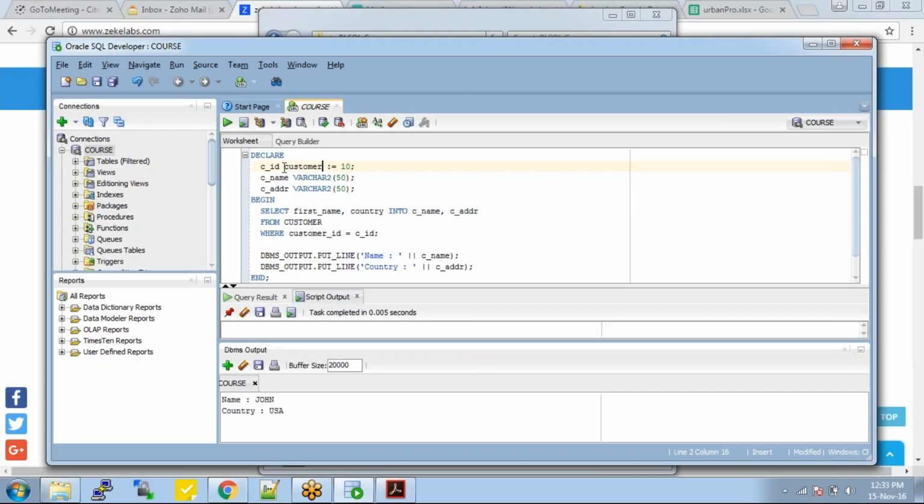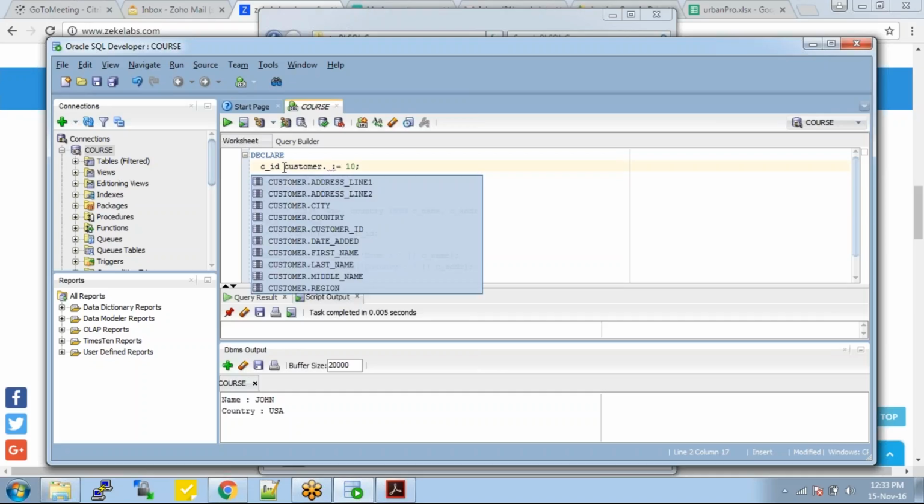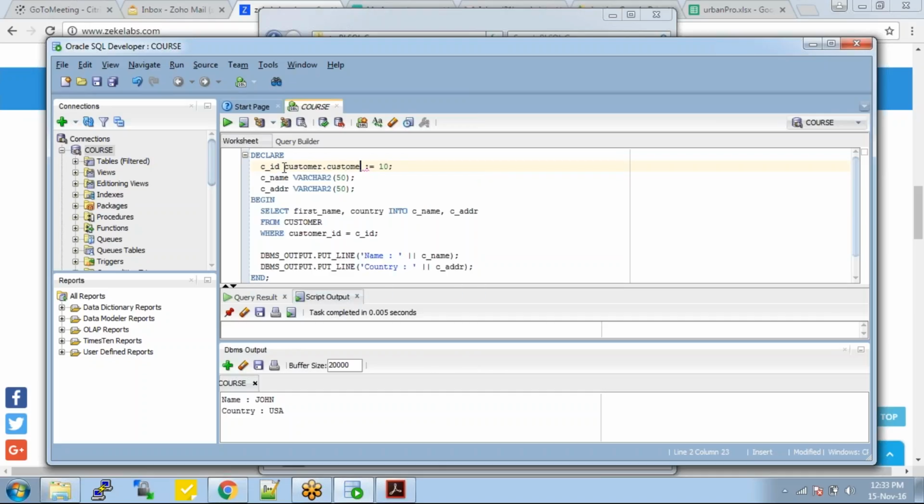So how do I write it? The table name dot column name, percentage type. Yes. Similarly, here as well,